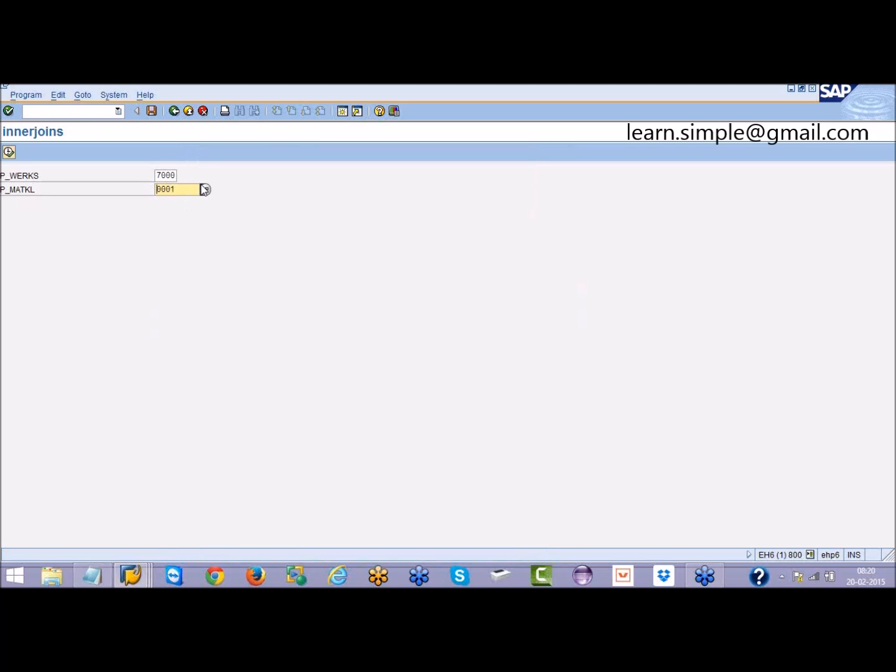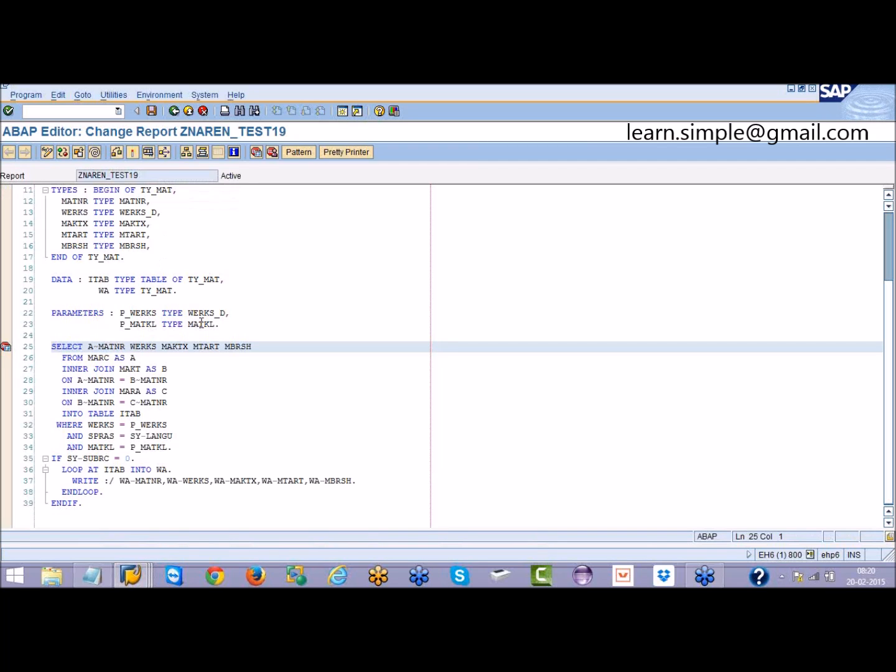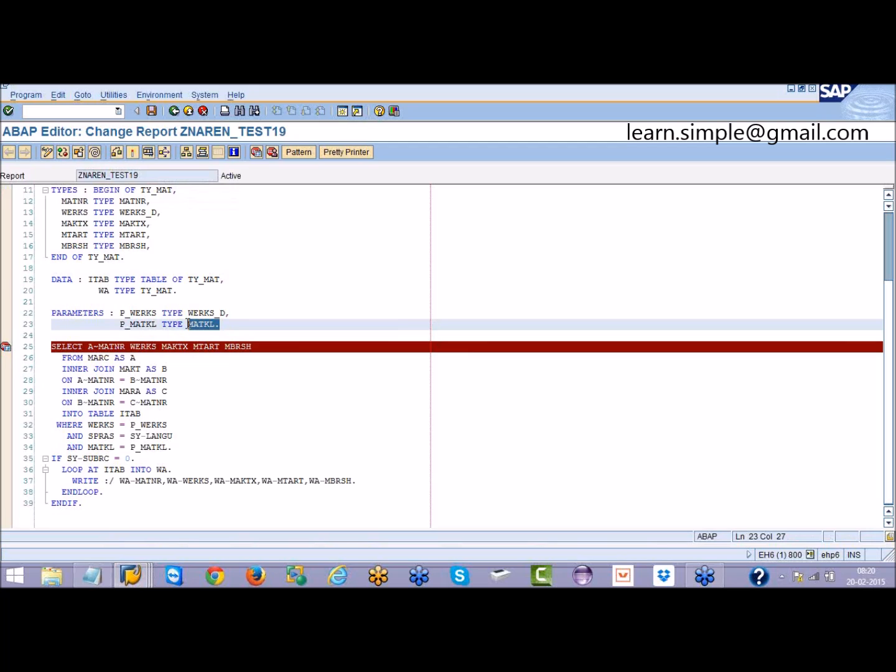But from where does this F4 come up? How is it coming? From the table. The thing is, in the parameter, when we have declared the parameter, we have given the data element over here. Okay. So if I go to this data element,